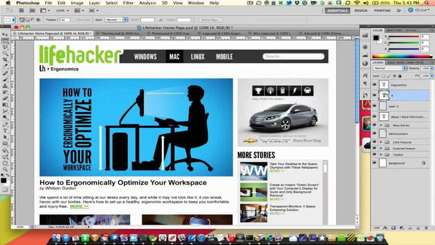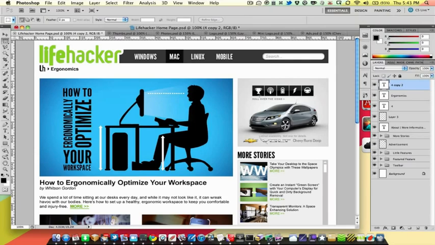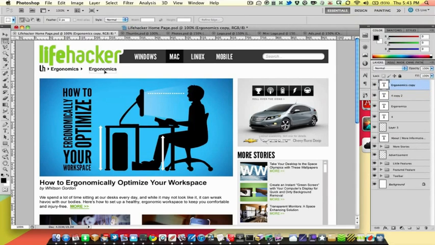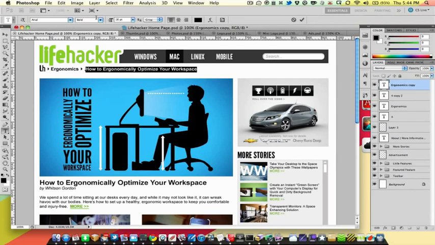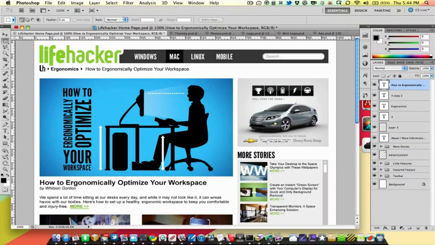Let's just duplicate this 4. And now if you hold down Alt-Option and drag, you can make a copy really easily that way. Another one of those. And then let's just copy that text to make the title of the article. How to ergonomically optimize your workspace. And we don't need to be that bold because it's the actual title of the page we're on. Okay, so now we have some nice little